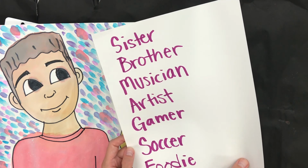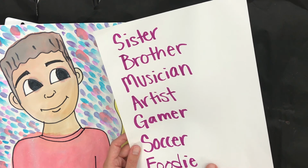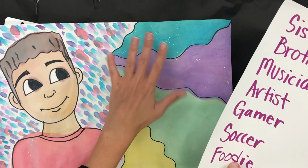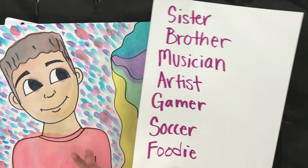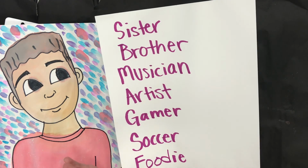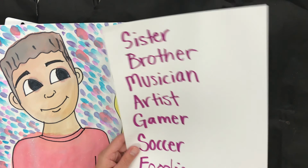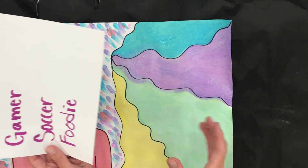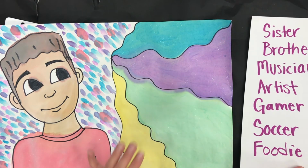Maybe you have a favorite musician. Maybe you have a brother or sister, or maybe you're a brother or sister to somebody. This needs to be about you. So think about the things that make you special or unique. It could be where you're from. And then you're gonna pick one of these words for each of your solid colors on this side of your